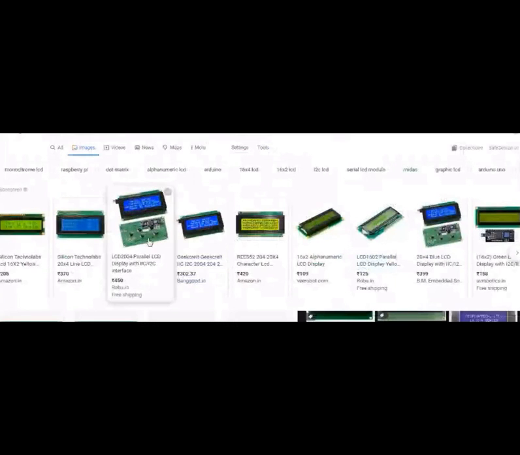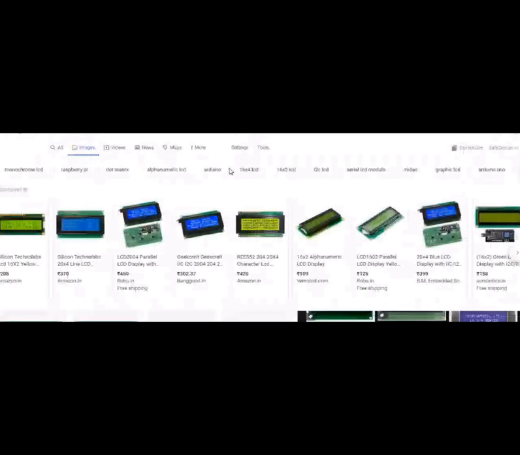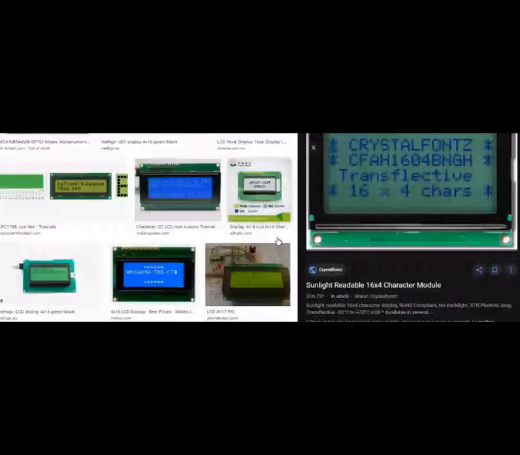And the LCD, this is the front view. If you see the back view, I will show you here otherwise. Look at this one. This is the back view, rear view of this LCD. Behind it, if you see, you can see these things.